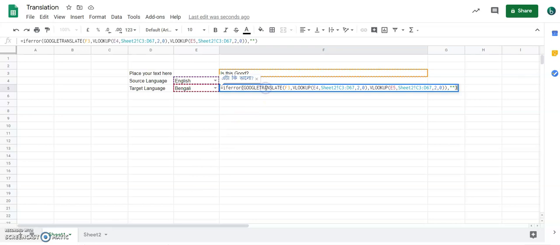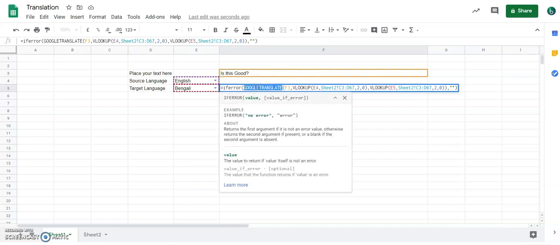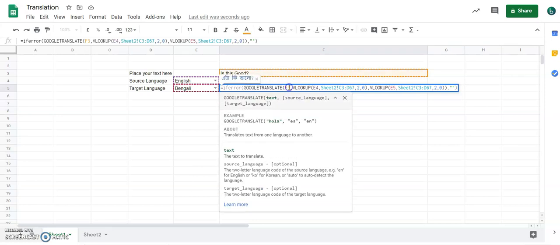It's a function called GOOGLETRANSLATE. It has 3 parameters. The first parameter is the text itself that you want to convert, comma, the second parameter is the source language, the language in which this particular sentence is written, and third is the target language, the language in which you want to convert it. So